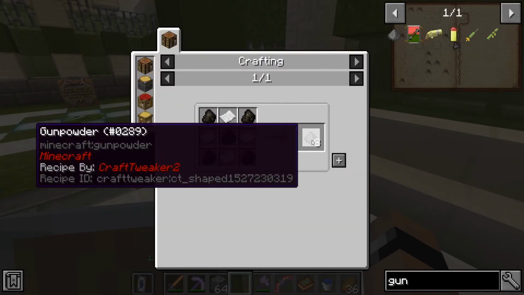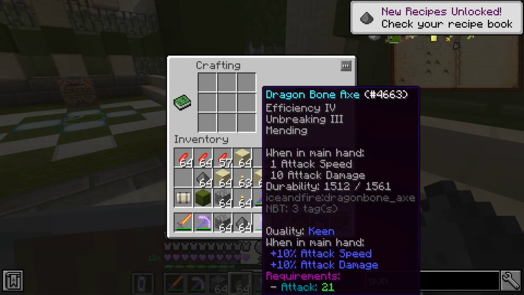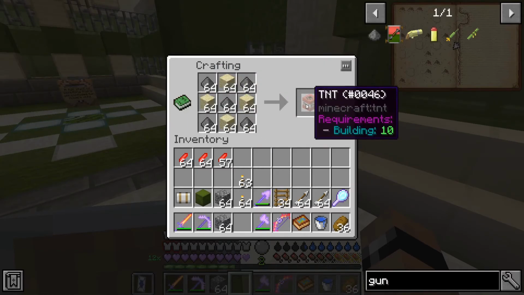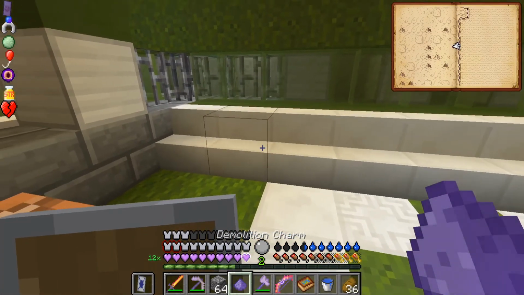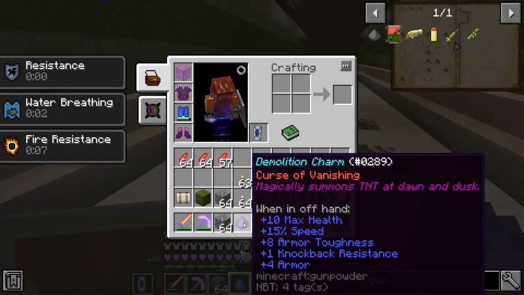Also, we can make gunpowder out of paper and charcoal. And just like that, we've turned a whole pile of other resources into a stack of TNT, which is a lot. And that worked. We have a demolition charm. It has Curse of Vanishing, which is dangerous, because if we lose this, we lose it. If we die,